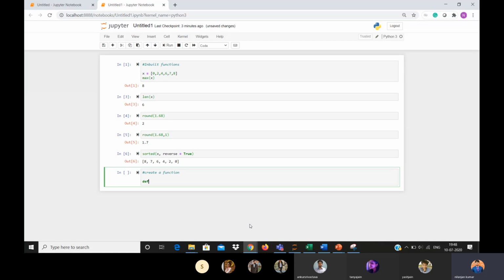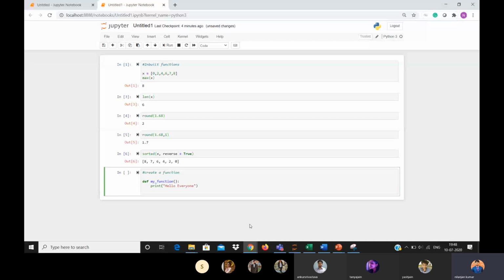Let's say I have to create a function called my function, then indentation, then we'll say print Hello everyone.